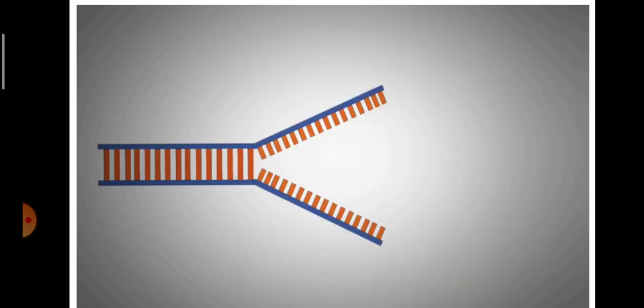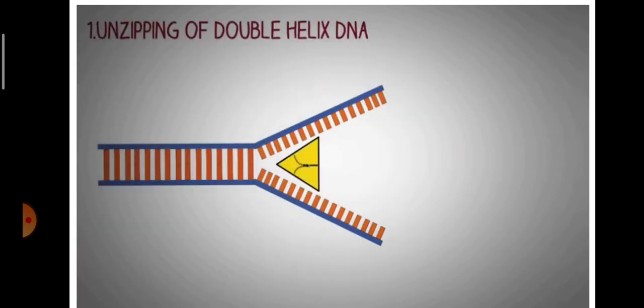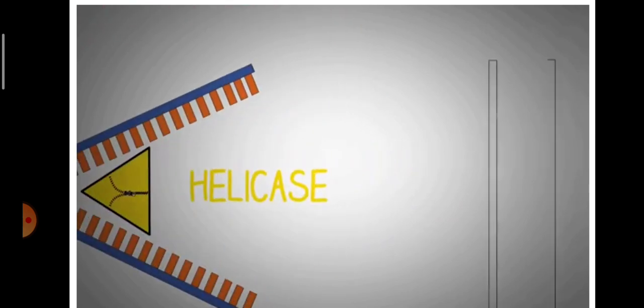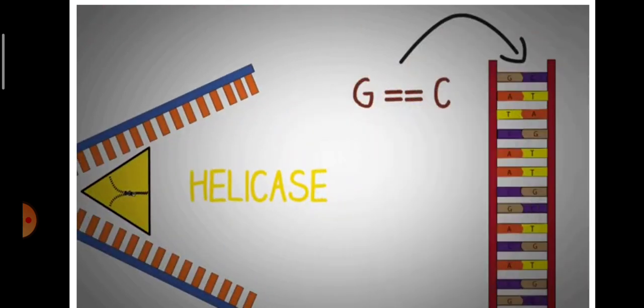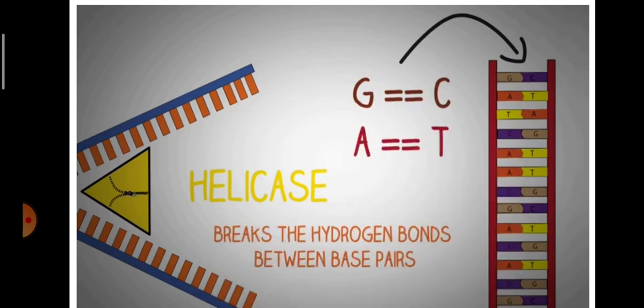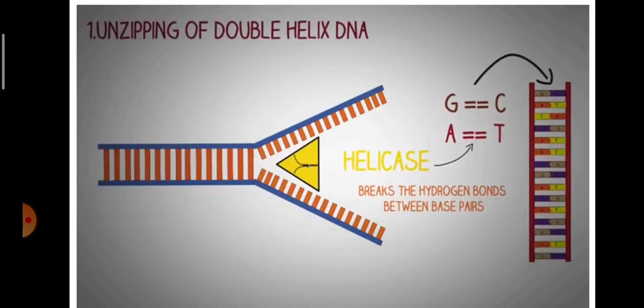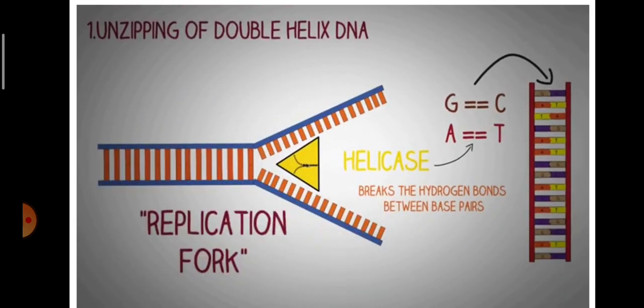Now, for the process of DNA replication to begin, it is important for the two strands of the DNA to open up. This job is done by the enzyme helicase, which is also known as the unzipping enzyme. The enzyme helicase performs this function by acting on the hydrogen bonds present between the base pairs of the opposite DNA strands. The helicase breaks these hydrogen bonds, due to which the double helix opens up, leading to the creation of the structure known as the replication fork. This exposes a sequence of DNA base pairs upon which many enzymes will subsequently act.